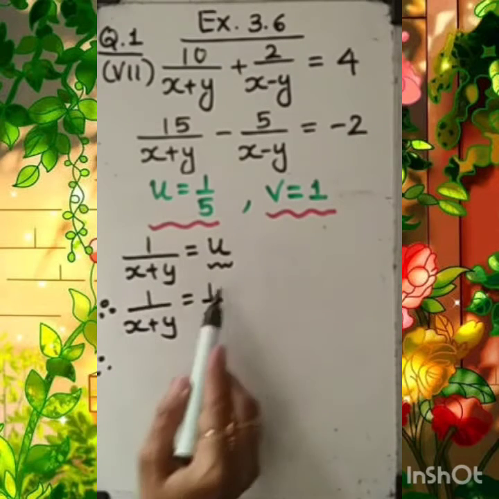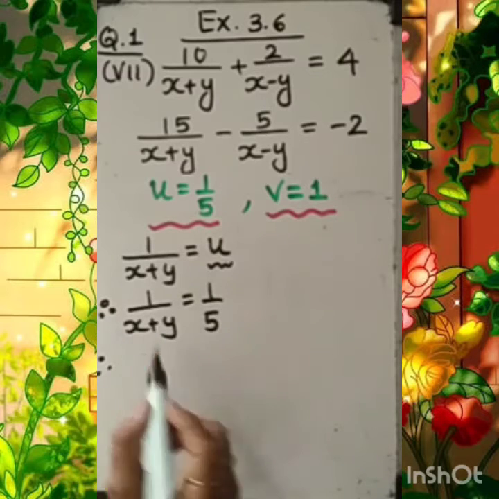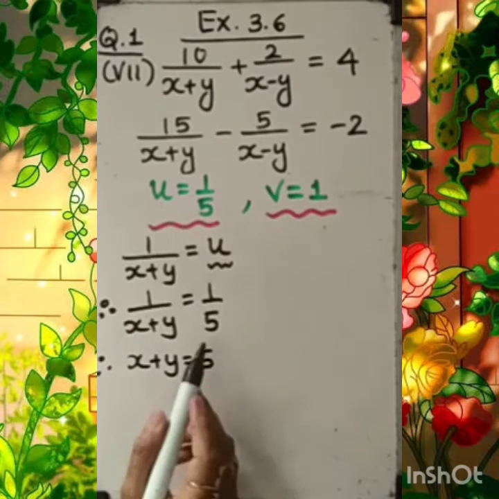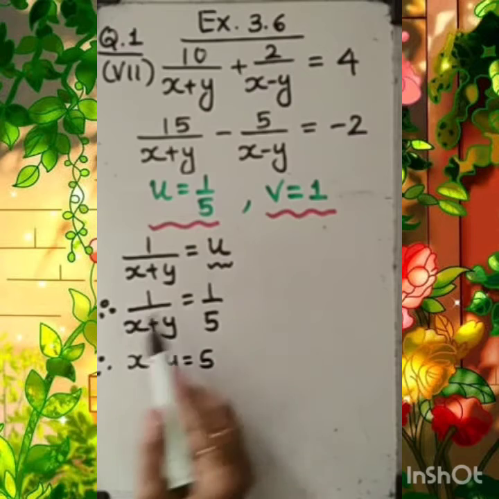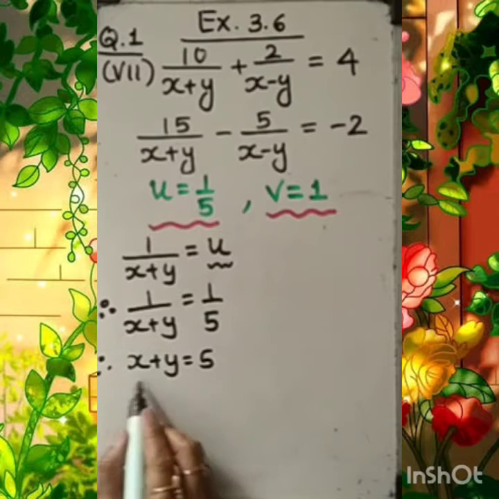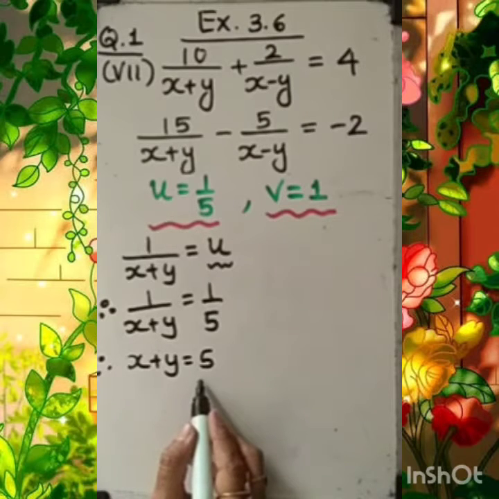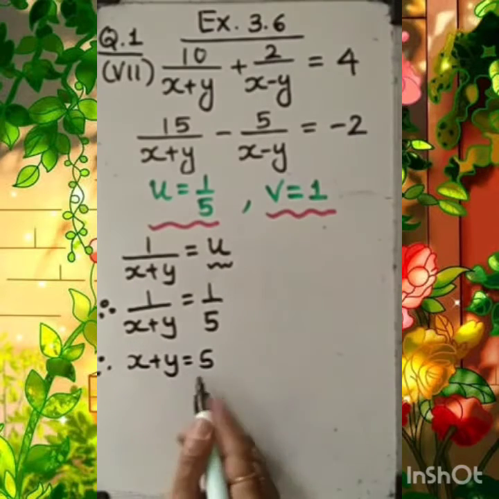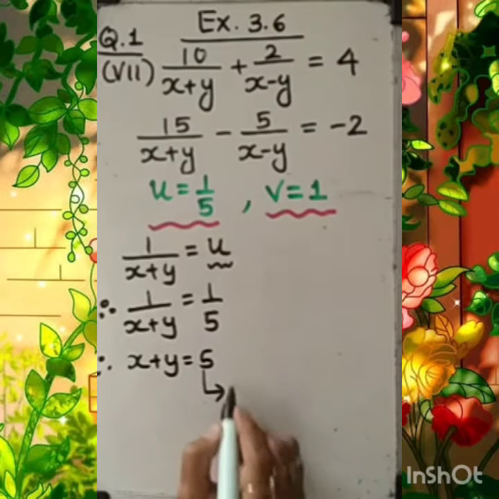If not, then cross multiplication. Then the equation will be like this: x plus y equal to 5. If you do the cross multiplication, then you will write 5 equal to x plus y. No issue, LHS equal to RHS, so x plus y equal to 5. This is another equation we are gaining. This question is a little bit lengthy, different from the previous questions, but you will find it easy, because in a single question you will find the elimination method has to be applied two times. Fine. Let me call this equation number 3.